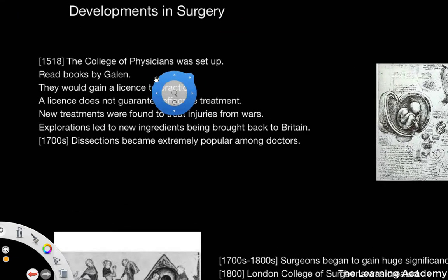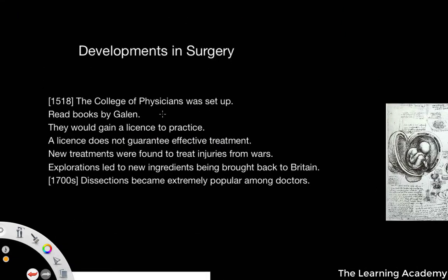So as we move into the Renaissance period in history, and we start to look at the medical developments that were attributed to that time, we're going to have a look now at the developments in surgery during not just the Renaissance period, but moving into the more modern era. As you can see, there's a huge time disparity in terms of what we're covering here. So that's why we're only focusing on surgery itself. We're going to be covering quite a large span of time, but just a specific